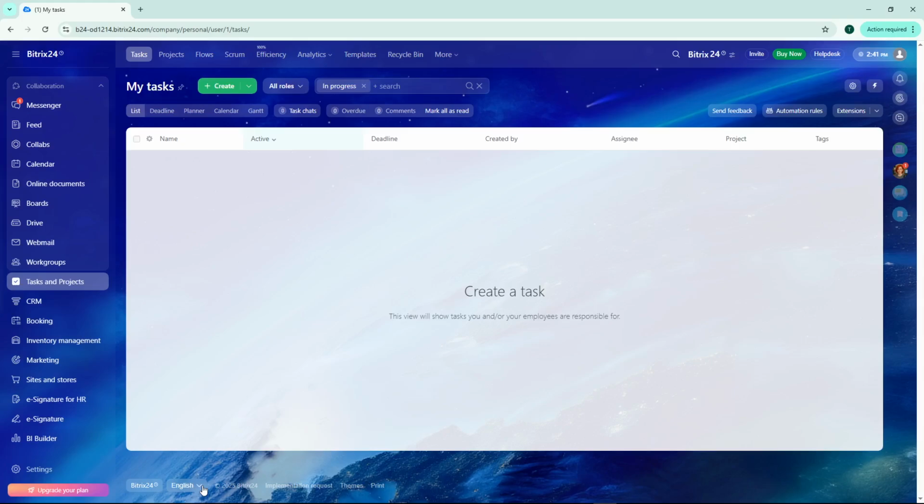Once the page has fully refreshed, you'll see that all the text and navigation elements are now displayed in your selected language. This change affects your entire Bitrix24 experience, from task management to communication tools, making it much easier to navigate and collaborate effectively. And there you have it. Your Bitrix24 account is now set to your preferred language, allowing you to work more comfortably and